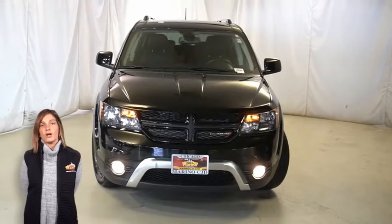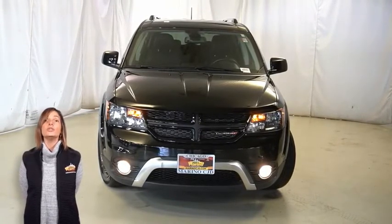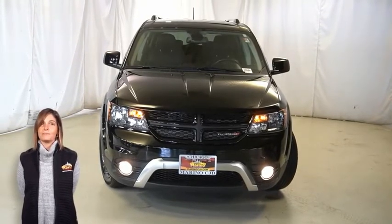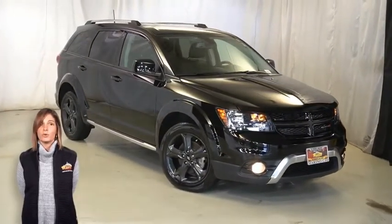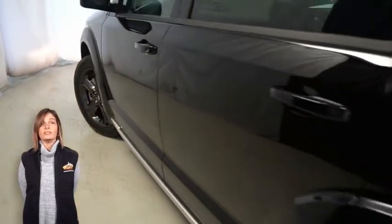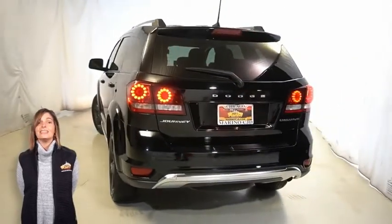If you're looking for a functional, compact SUV with reliability and safety for the whole family, then take a look at this certified pre-owned 2019 Dodge Journey Crossroad in Pitch Black. With halogen quad headlamps, front fog lamps, 19-inch black noise aluminum wheels, platinum chrome side roof rails, black tail lamp bezels, heated front seats, heated steering wheel,